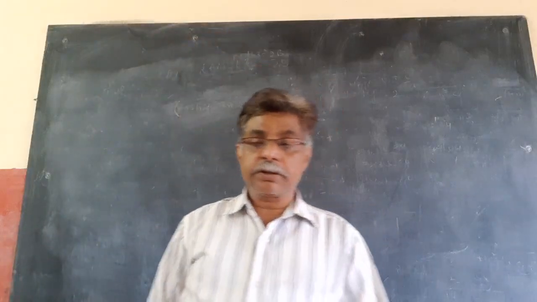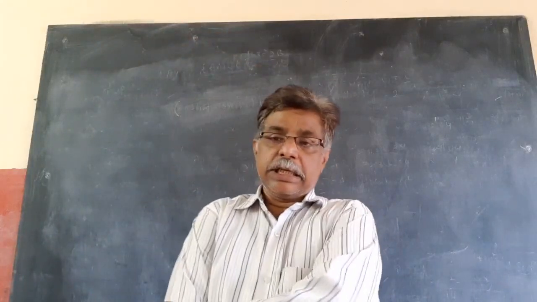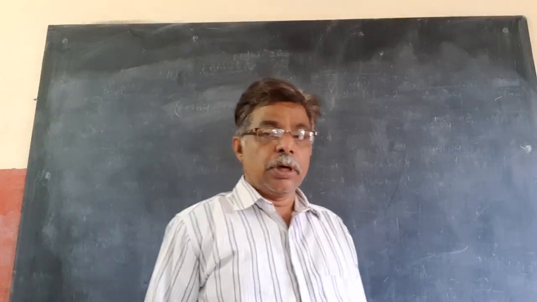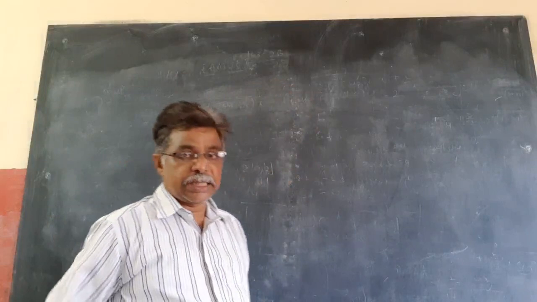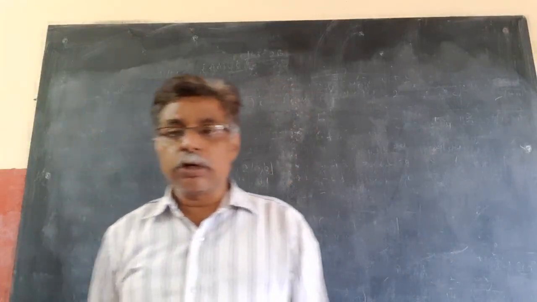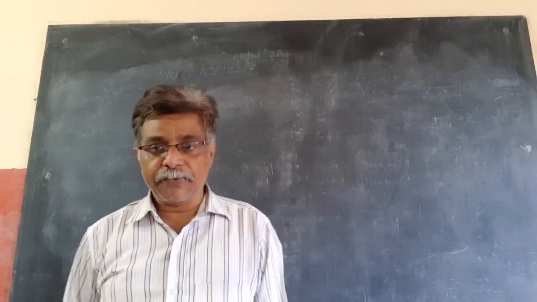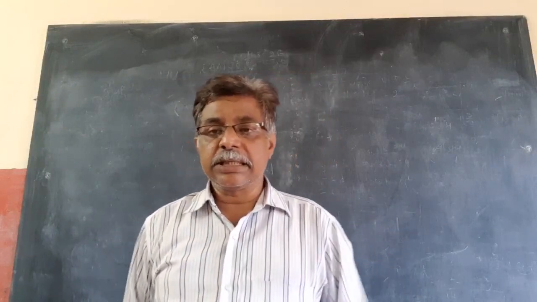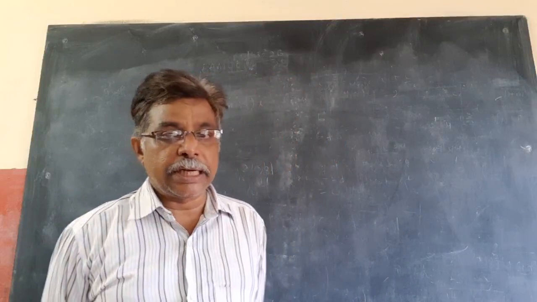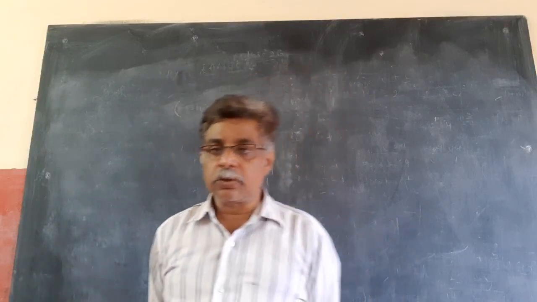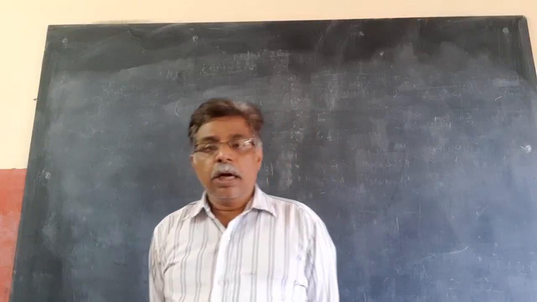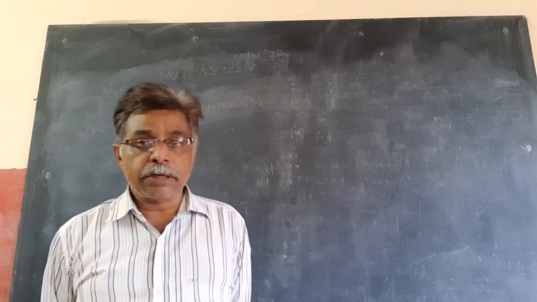Good morning to everybody. Yesterday we discussed all the basics of quadratic equation, nature of roots, what happens if b square minus 4ac is greater than 0, less than 0, equal to 0, and it is a perfect square. All this we discussed, as well as how to find the roots, x equal to minus b plus or minus root of b square minus 4ac by 2a, and so on.